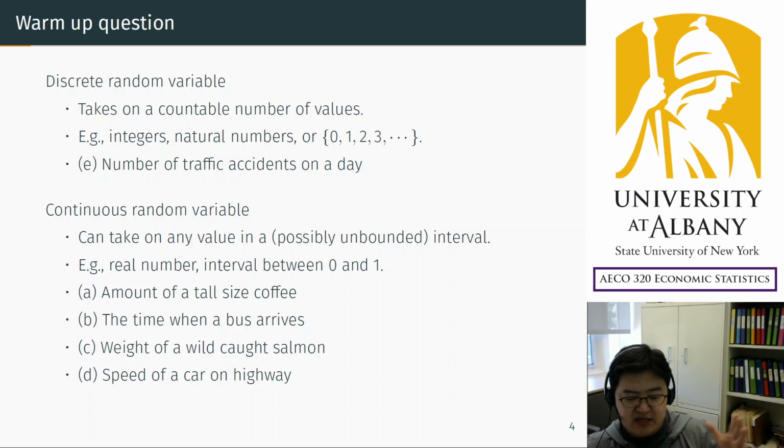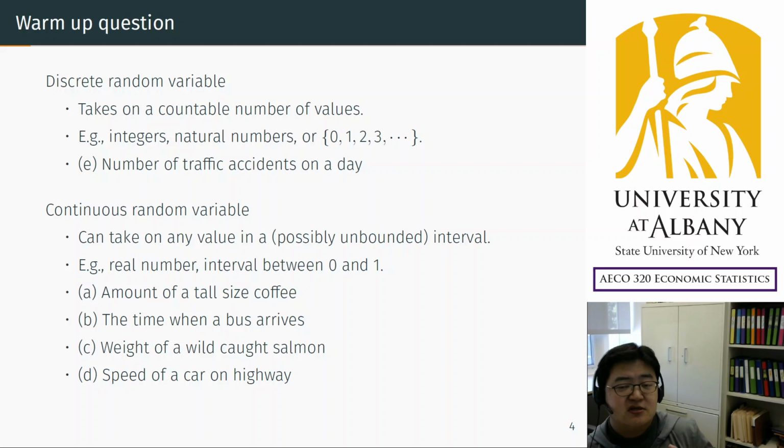The time is on a continuous timeline, so the outcome could be any point on the timeline. Similarly, the weight of a salmon could be, say, I don't know how big a salmon is, 1 pound, 2 pounds, but also 1.1, 2.9. All the numbers are possible. Speed is the same, like 60 miles,